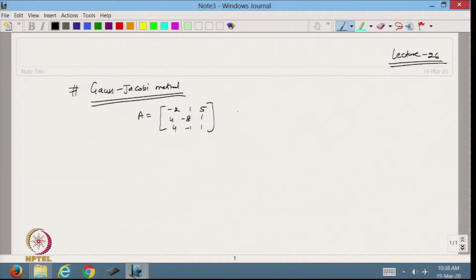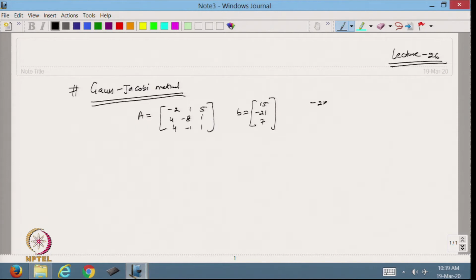So that is my A, and B I am going to take 15, -21 and 7. So this is the matrix A and this is the right hand side.